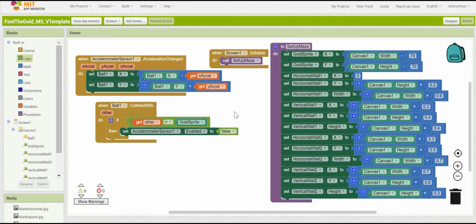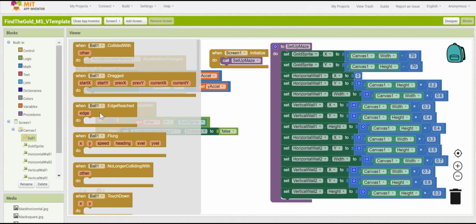But we also want to move it back to the beginning. And remember, we want to move it back to the beginning no matter what it hit. If it hit a wall, it goes back to the beginning, and if it hit the gold, it goes back to the beginning. So we don't need to put this next part in the if statement because we don't care what we hit. So we're going to put it after. So we need to set its position to its original position. And its original position is coordinate x equals 10 and coordinate y also equals 10. So for the ball,